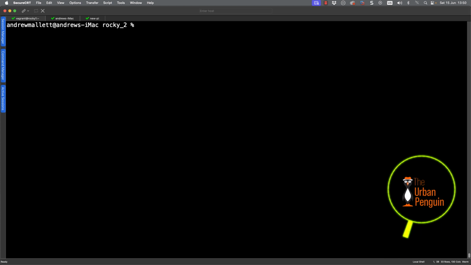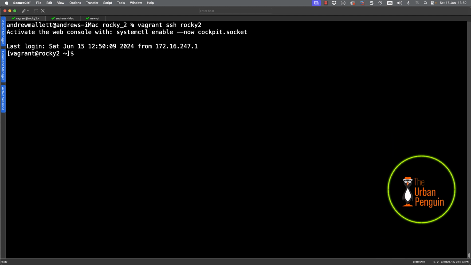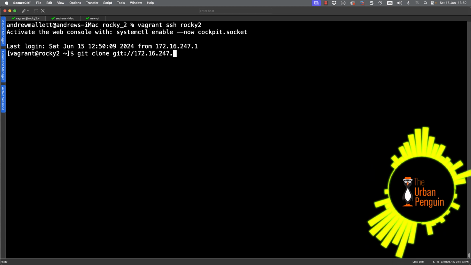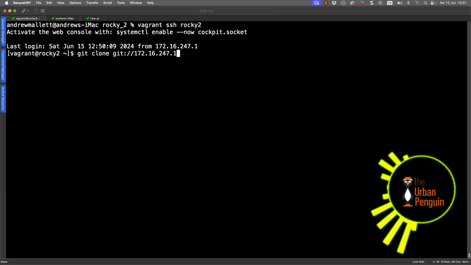And with this done, I can return back to my host system and then connect into my Rocky 2 system. And we're going to be able to prove all of this is working now with the git clone. And we're using the Git protocol going through to my Rocky 1 system, which is 172.16.247.160, and then example.git.